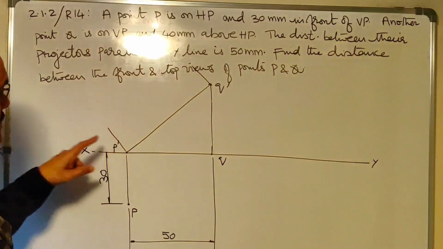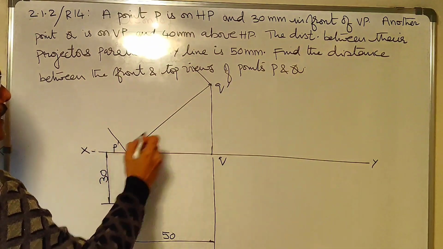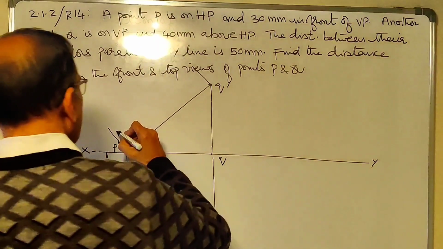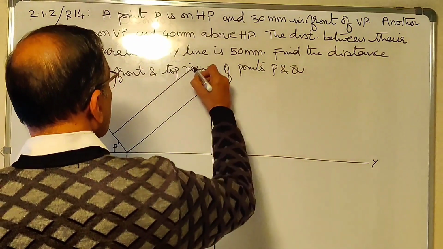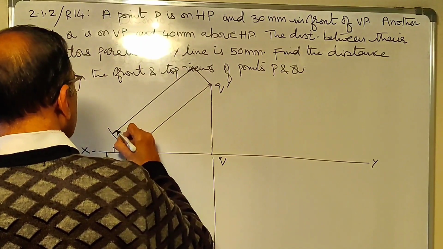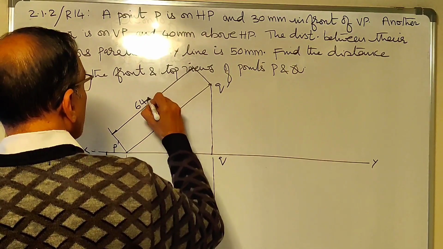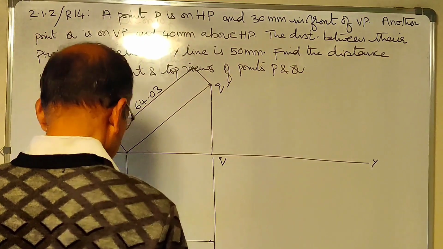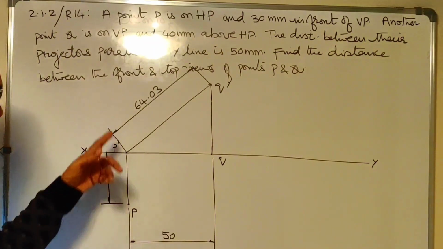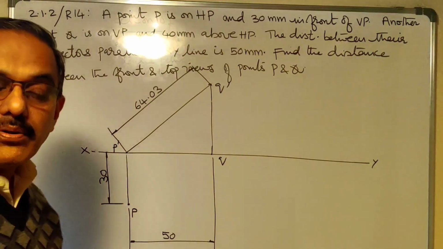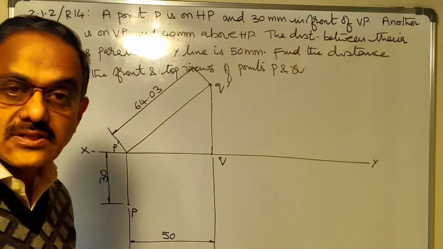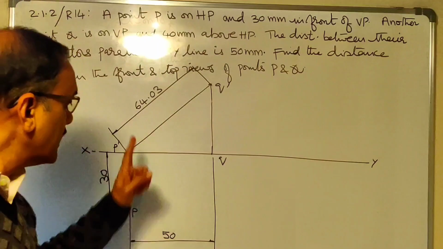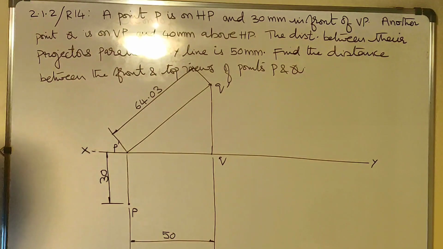These are extension lines. These extension lines should be drawn perpendicular to this line, and I will represent the dimension here, and I will write it as 64.03. So this is a reference for you when you go to the lab or when you practice in your system. You should get it as 64.03.